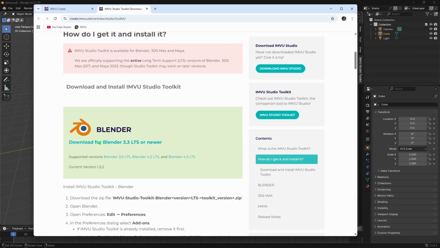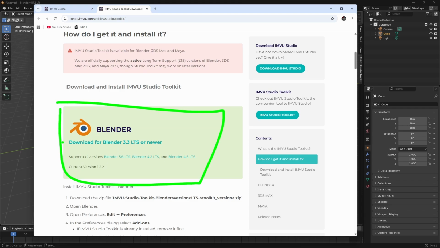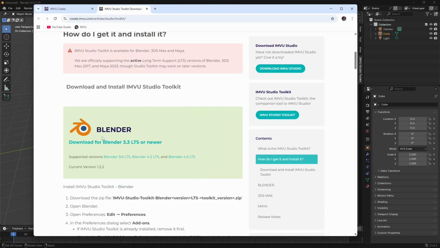Scroll down. And there we have our Blender section. So we've got our minimum requirements 3.6, 4.2 or 4.5. That's compatibility. It will work with 5.0. The installation process is exactly the same. So click on the link. That'll download. There is the file, and then from here